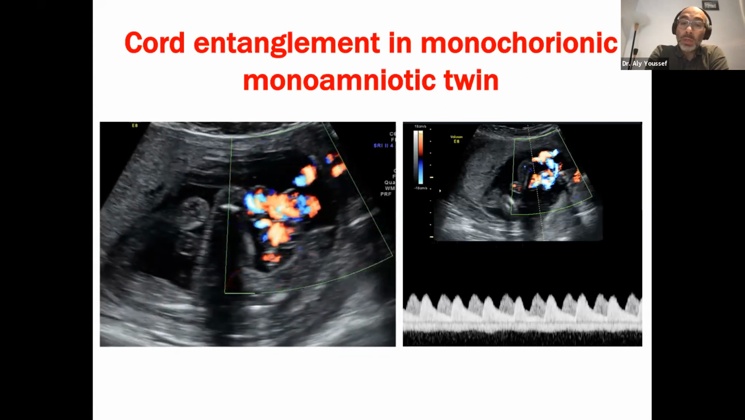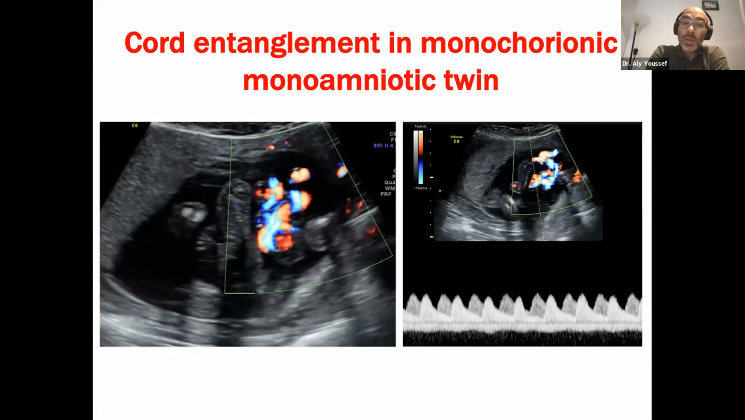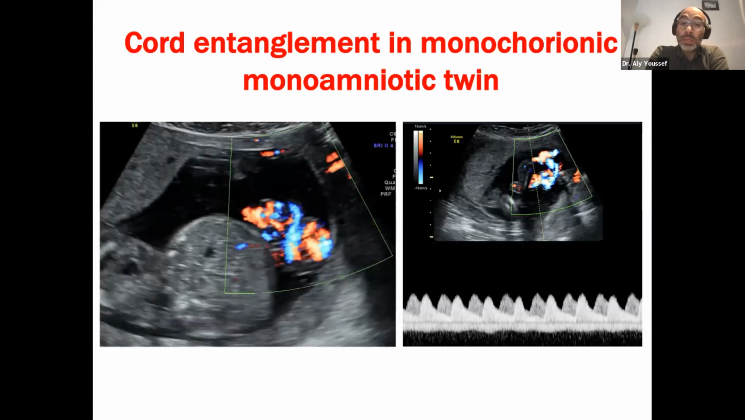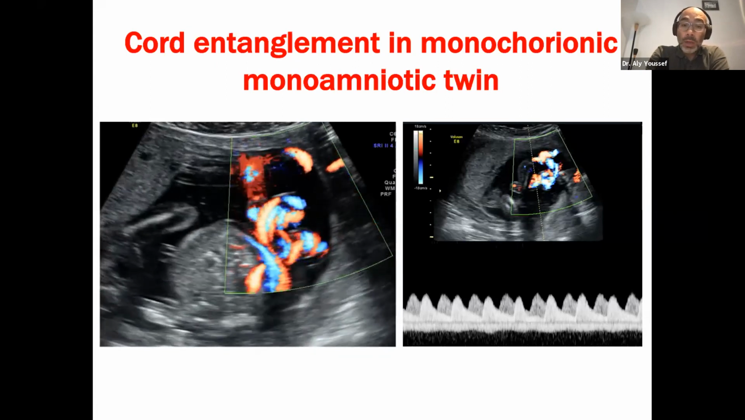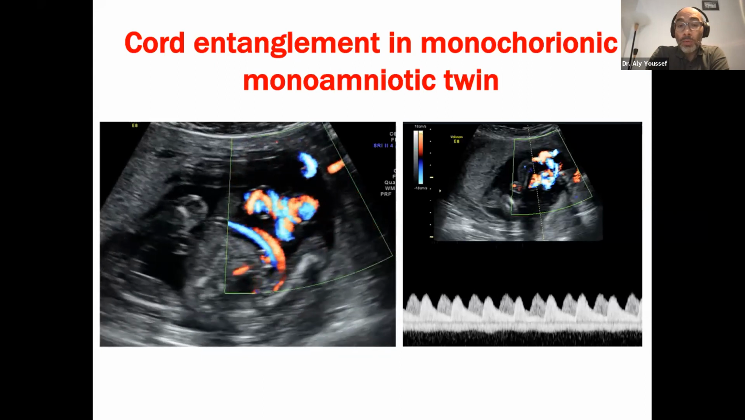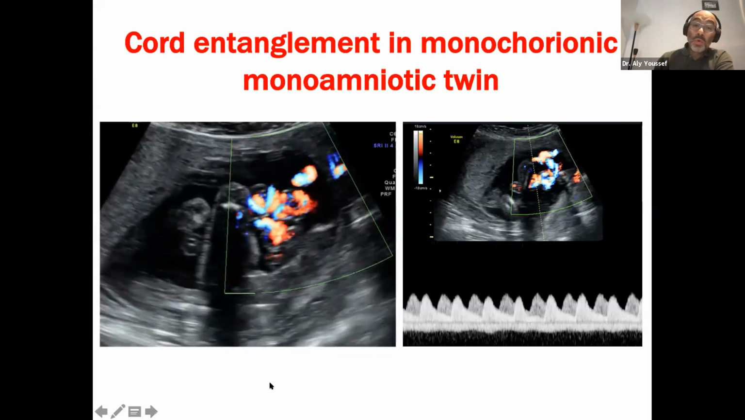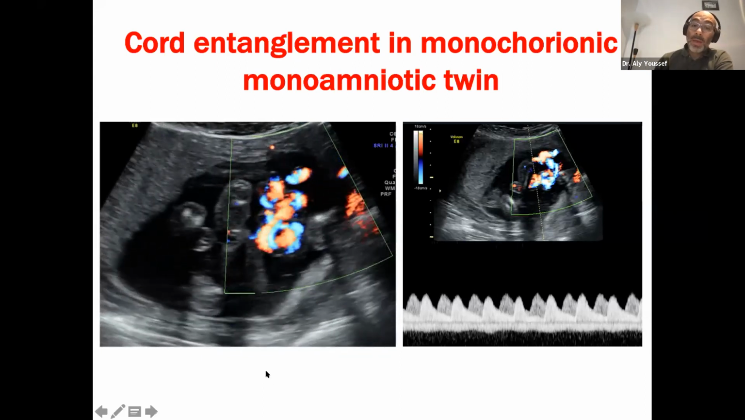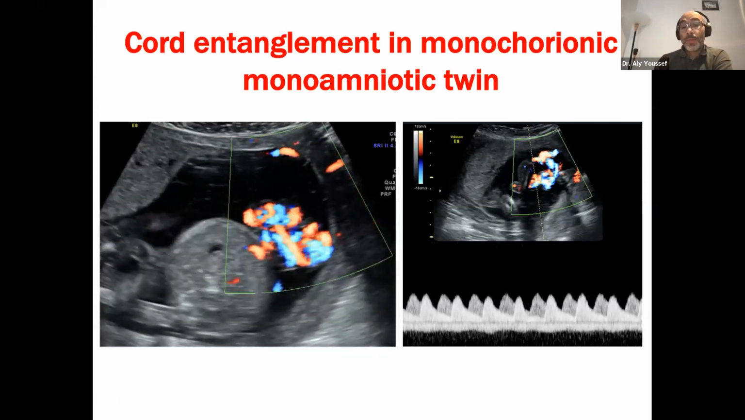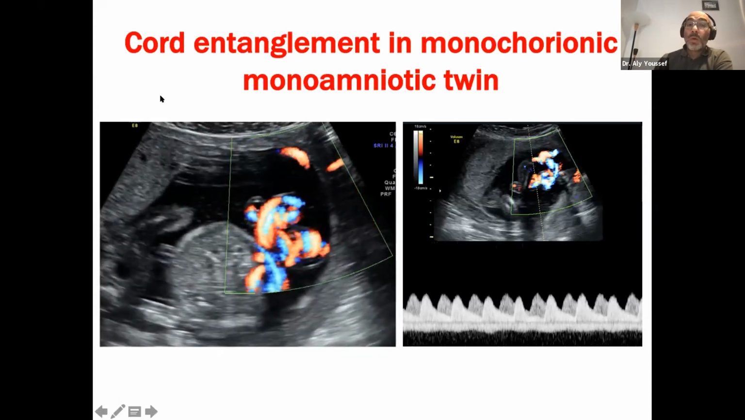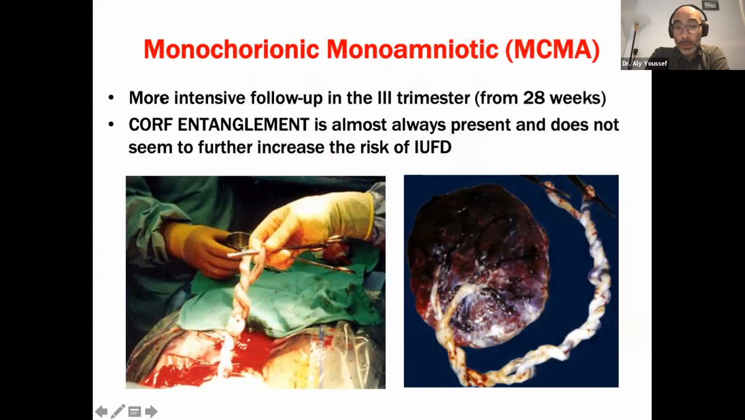The most recent studies have demonstrated that cord entanglement is the rule, so it is not an additional risk factor in case of monoamniotic twins, but it's almost always present, and seeing it or not seeing it does not increase the risk of perinatal complications in monoamniotic twins. Okay,